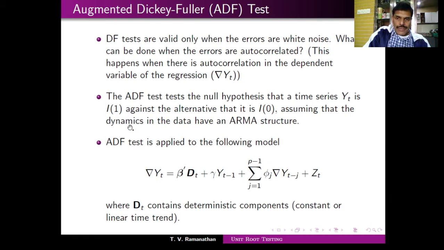So what we have is this, assuming that the dynamics in the system has an ARMA structure. Because it is an ARMA structure, and some more correlations have to be included, we include these many augmented terms into the system. That's why it's called the augmented Dickey-Fuller test. Otherwise, it is the same as what you have considered, except for this, because we didn't write it, and just mentioned at the end that you can have a linear trend or a constant added to the model. If you just take this as 0, this is exactly what we were discussing in the Dickey-Fuller test.